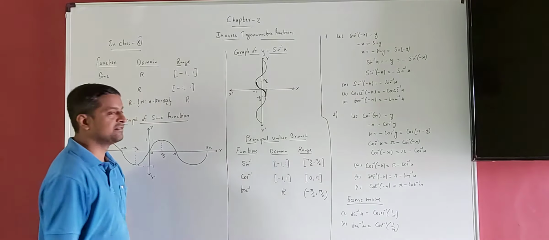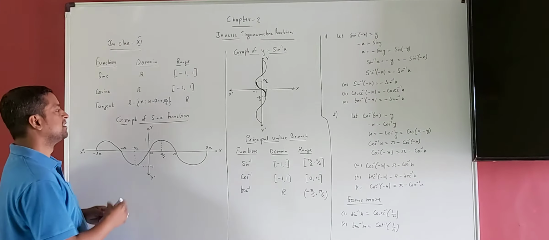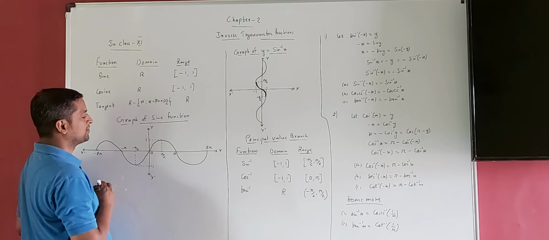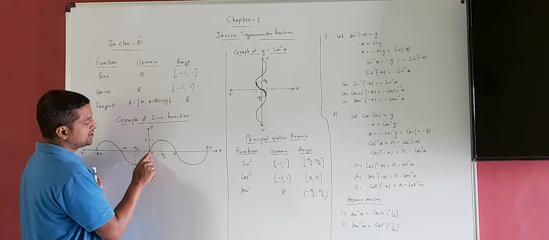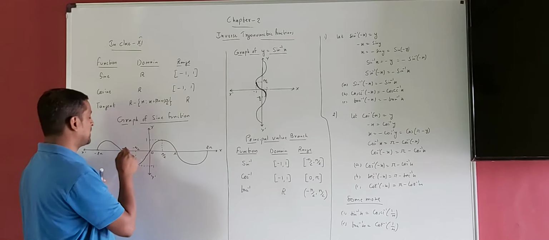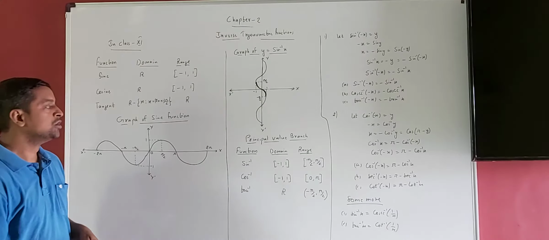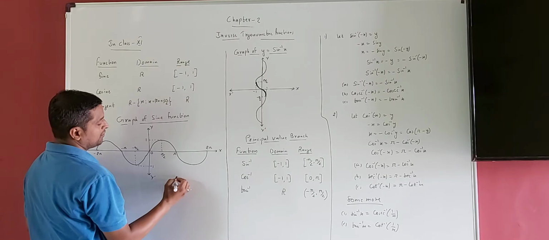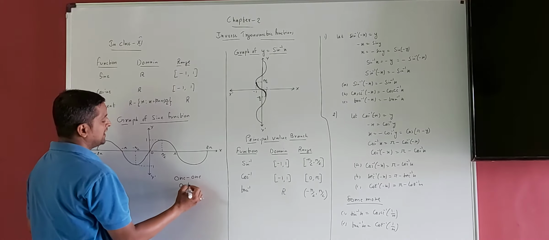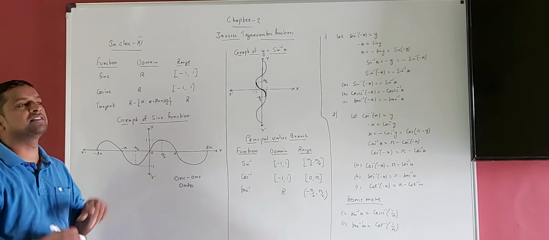Let's see in this graph. This graph also we have discussed in class 11. This is the graph of sine function. So sine function when value of x is 0, y is 0. I have drawn it when value of x is pi, y is 0, like that, 2 pi, minus pi, minus 2 pi. So to get the inverse of the function, it should be both 1-1 as well as onto. When it is both 1-1 and onto, then only its inverse exists.